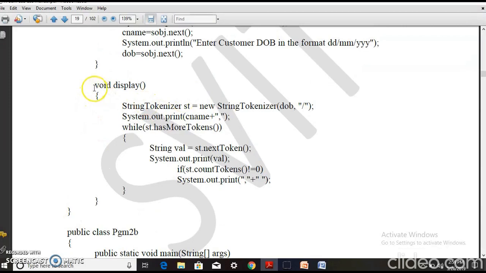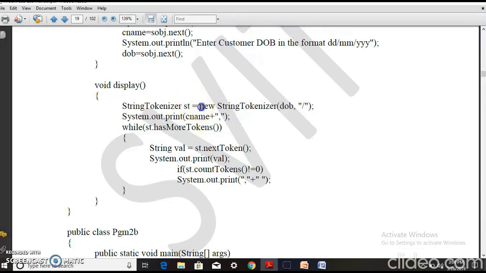So coming back to the display method, void display method, I first need to create a string tokenizer object by passing the string and the delimiter, which is the slash there. So first I need to create an object of which class? A StringTokenizer class. The object of the StringTokenizer class is st. So what is st? st is now an object of a StringTokenizer class which holds the tokens of the given string.